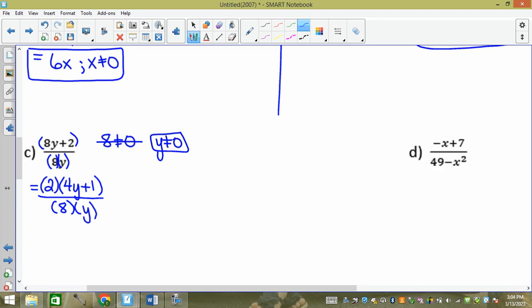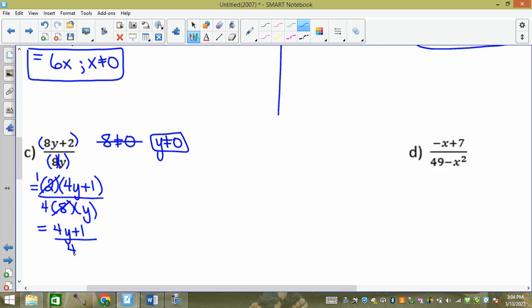What about the 2 and the 8? You can take out a 2. So 2 divided by 2 is 1. Remember, whenever you're taking them out, you're doing division. 8 divided by 2 is 4. And so I'm left with 4y plus 1